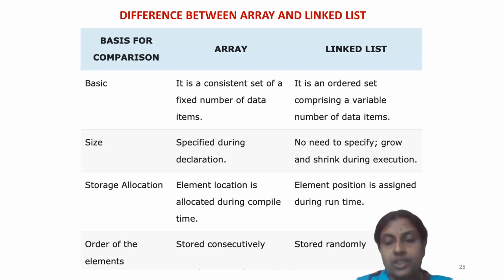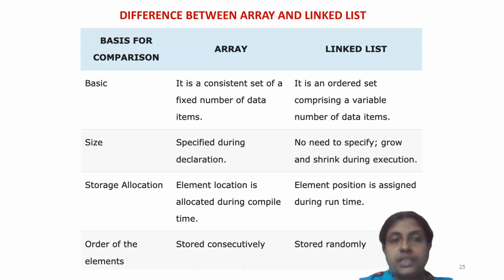Why is it special? Okay. Arrays, I think all of you can remember, are a collection of similar data items. A linked list is made of nodes which have two parts: one is called the data part and the other the address part. Each node will carry the address of the next node. So this is how it works.